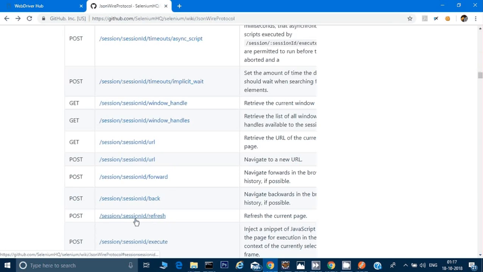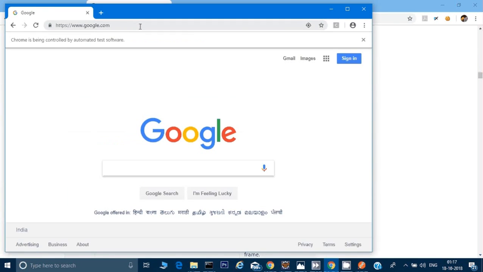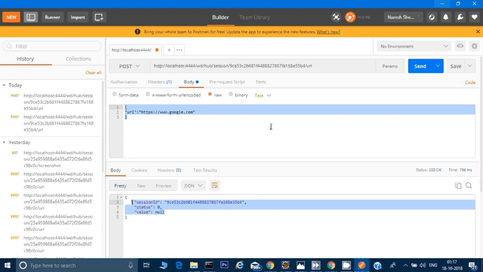For example, there's a refresh command given here, and it says that after session you have to give the session ID and then you just have to call refresh. Okay, so let me do one thing. Instead of giving the URL, let me give